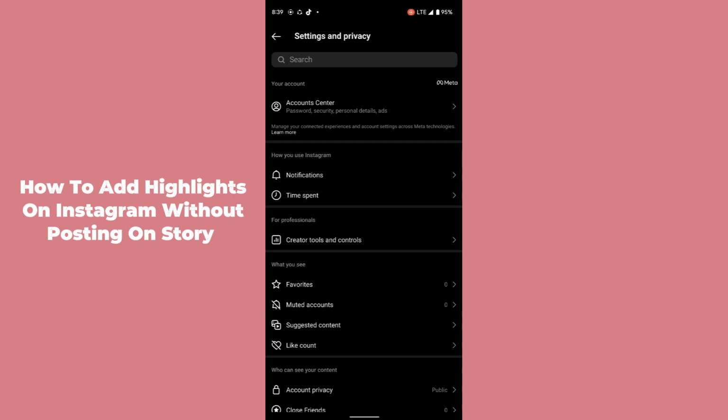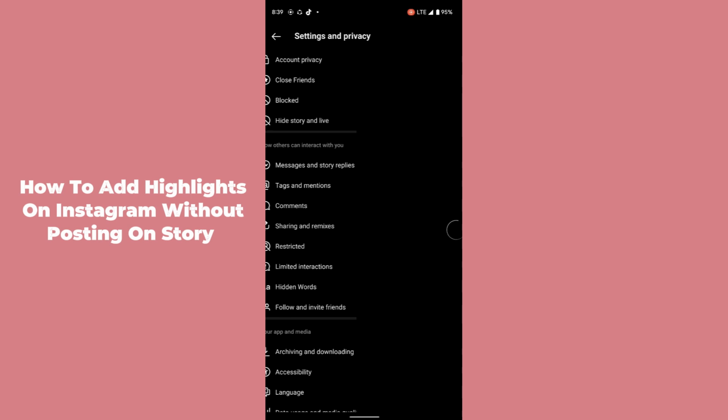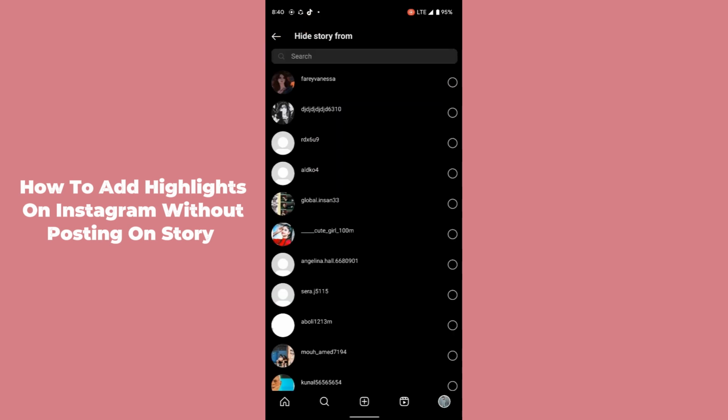After tapping on settings and privacy, you just have to scroll down. You have to find the option "hide story and live". Here it is. You have to tap on it. Now tap on "hide story and live from". Now you have to select all of your followers. After selecting all of them, now you have to go back